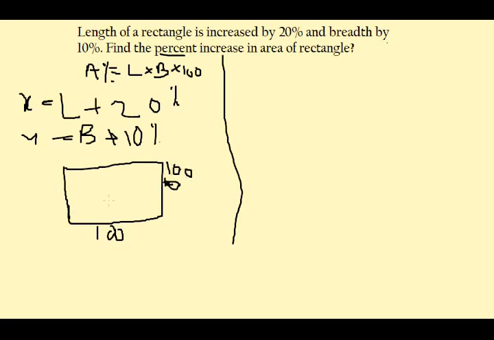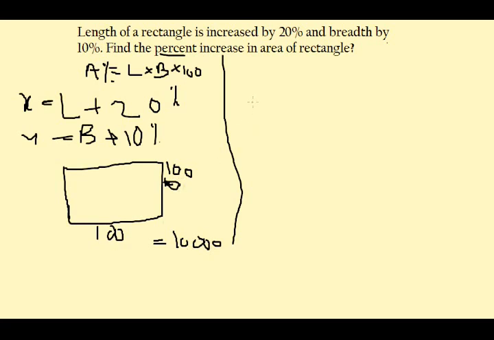Here you might ask me a question that the length and breadth of a rectangle are not equal, but I have taken this for simplicity. You can take any random values and check this. So the area would be length into breadth, that means 10000. Again, you can take any random values here, as in 50 and 40, then you would get the answer 2000. But I have taken these just for simplicity.